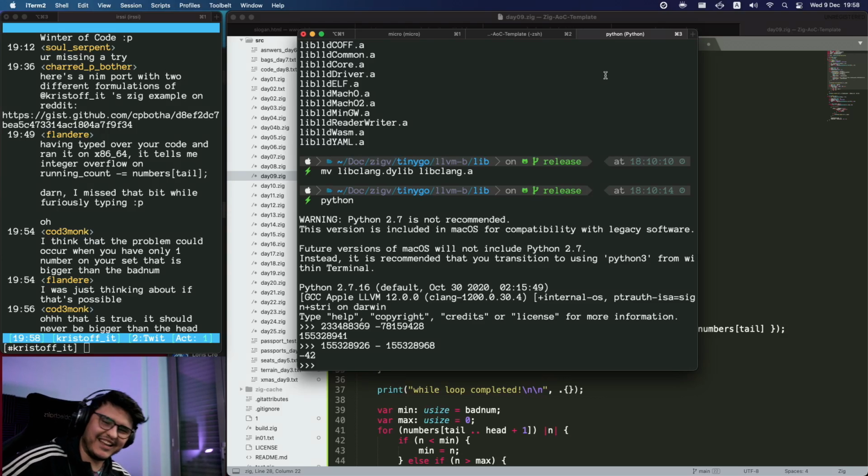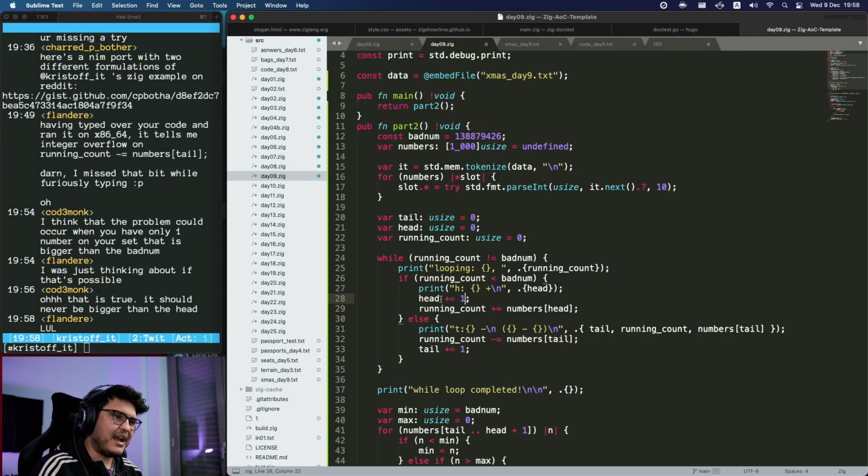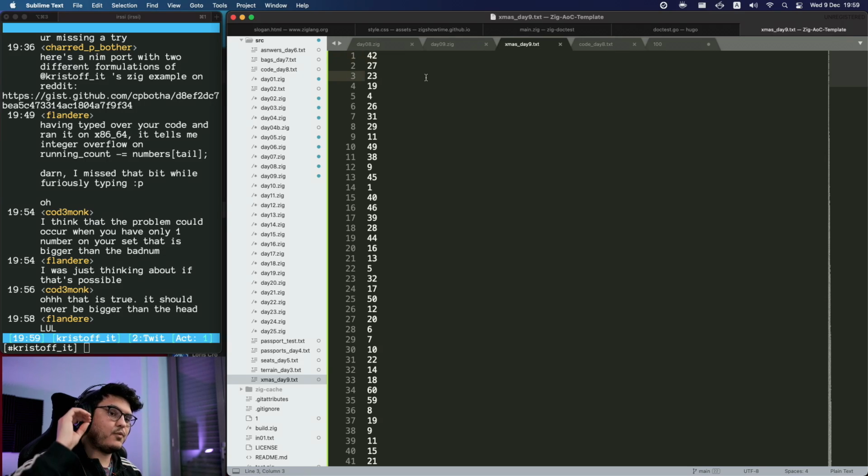God damn it. There you go. Here's the bug. That's all. Basically, by increasing head before, I was not adding the first number. It kind of wasn't an off-by-one error here, but it doesn't matter much. We don't care about this tracking too much. Maybe it would have messed up the final result too. But yeah, the cause of the overflow, the reason why the